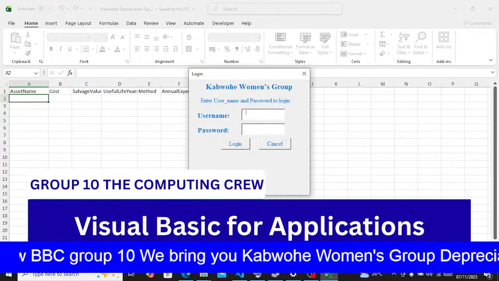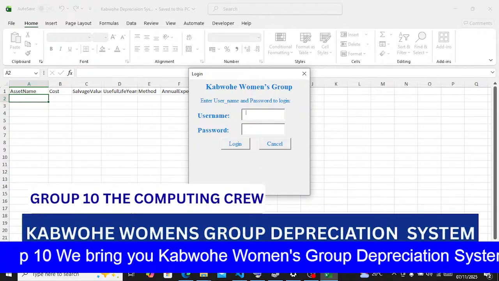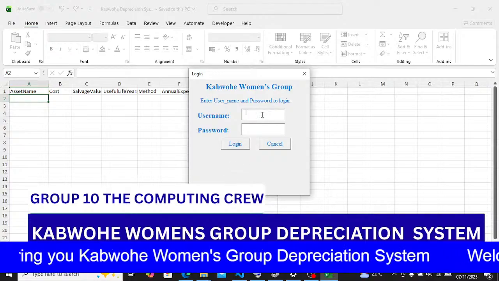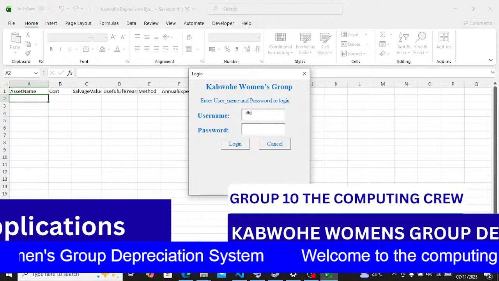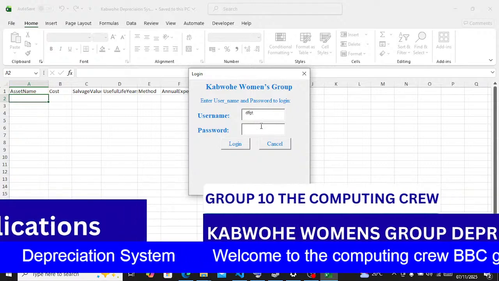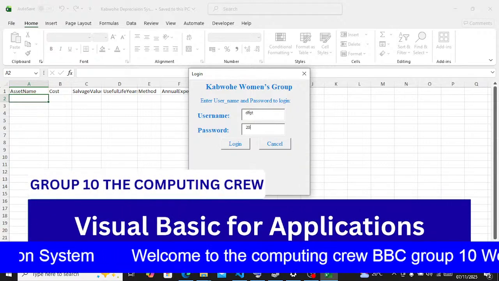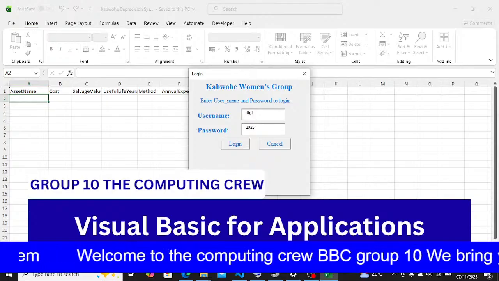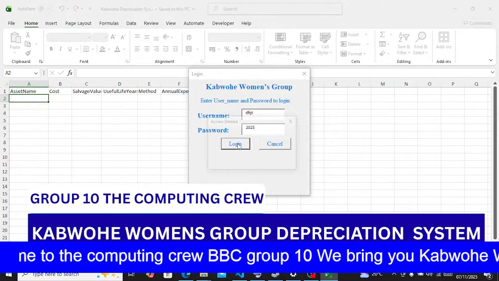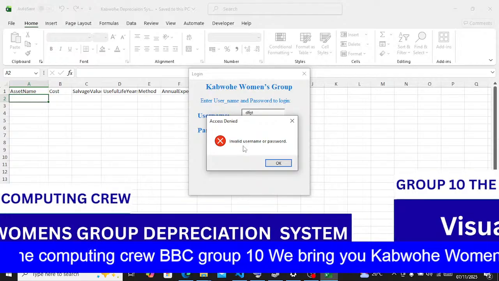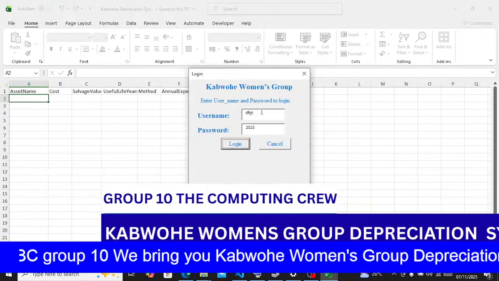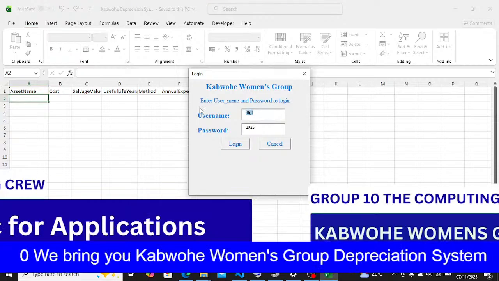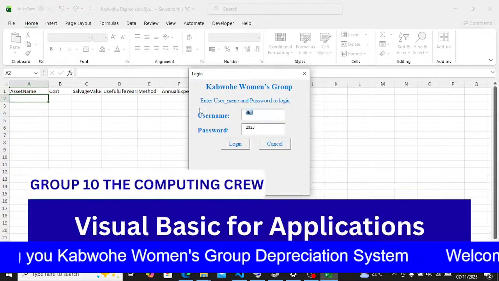entry form opens automatically. To show you an example, when I try to put a username, for example DFD, and a password as 20, when I try to log in, a message appears: invalid username or password. It means only users who input correct details, for example the username BBC, can log in. Now, if someone enters the correct login, a message will pop up: login successful, opening the asset entry